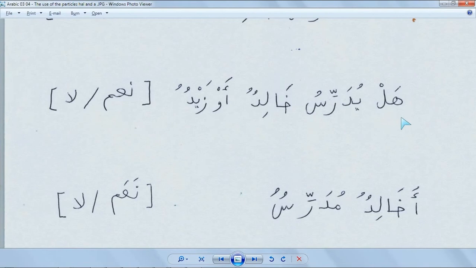So that's why when we say hal yudarrisu Khalidun or Zaydun, you really have to think of this as one unit. So it's almost as if there's a bracket here, if you think back in algebra, and a bracket here. So the hal applies to the whole bracket. So what we're really asking is, does anybody in the bracket teach? So even if both are teaching, or one of the two is teaching, the answer would be positive and we would say naam. So if you're in a school and you had a teacher called Khalid, and somebody asks you,